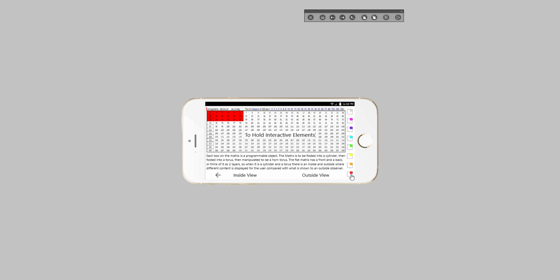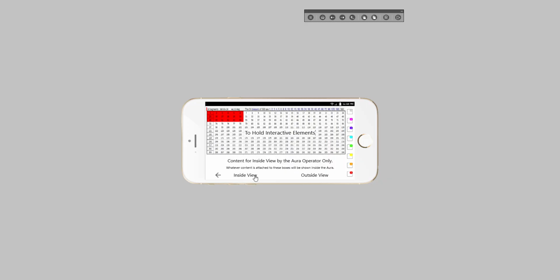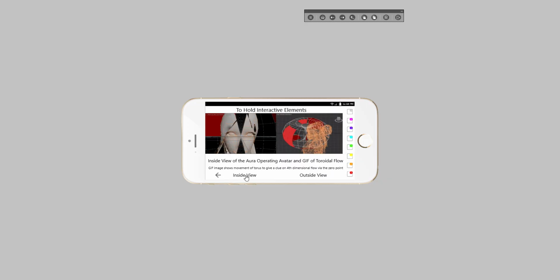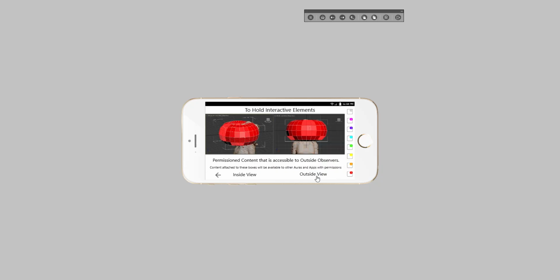Each of the chakras will have a 12 by 24 matrix that has an inside and an outside, and essentially it'll be folded into a horn torus, so that on the inside is your private view of information, and on the outside is the information you have made public, like as an API for other programs, other people to access your public information that also has permissions for access.